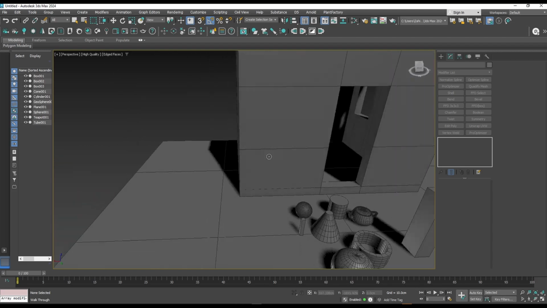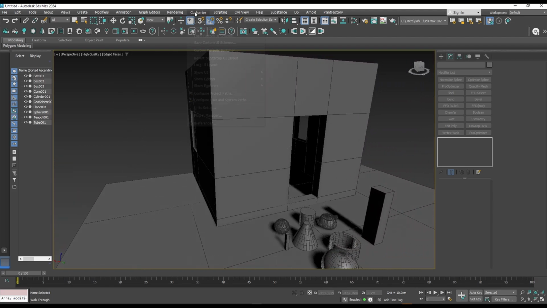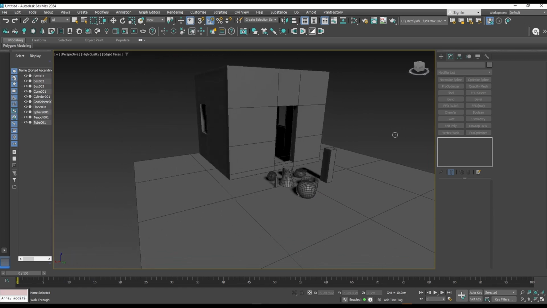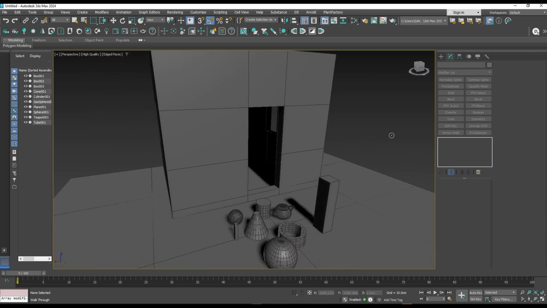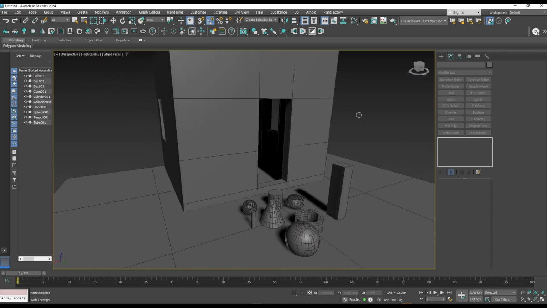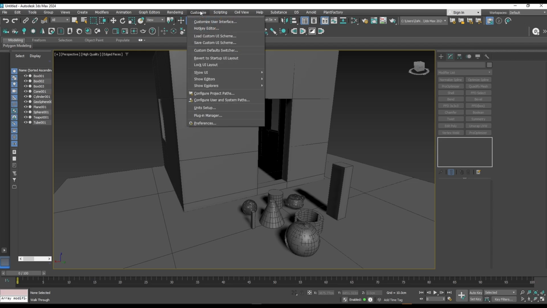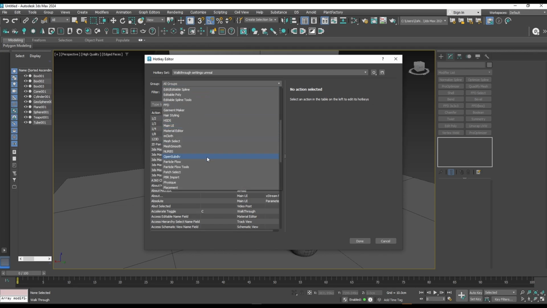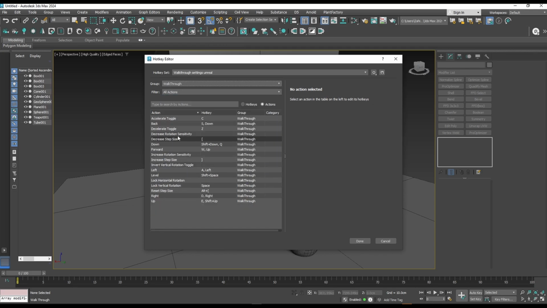I have changed some keys in the hotkey editor so that I can use it like I use it in Unreal Engine. So let me show you how you can do that. Go into Customize, Hotkey Editor. In the group you can go to Walkthrough, and you will see all the settings related to this walkthrough mode. So I have changed a bunch of keys here, like